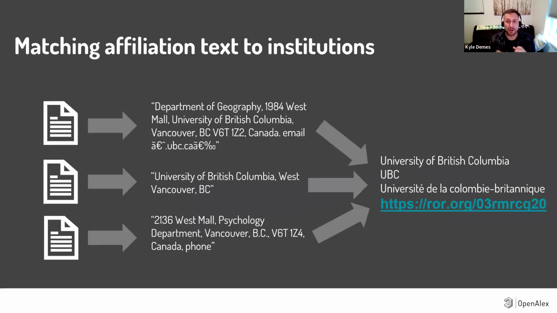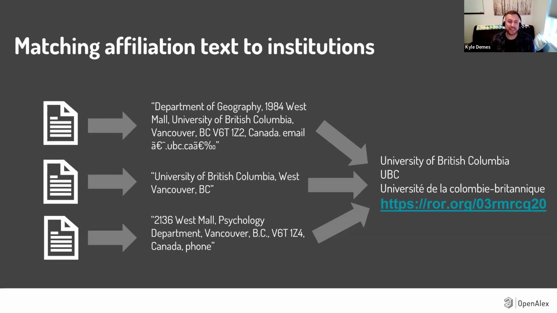But just to give you a sense of what that problem looks like, I know some librarians are intimately familiar with affiliation text data and affiliation strings. But when we go to publications, we get text, and here's 3 examples from works from the University of British Columbia. And we have to figure out that this text represents the university that we're looking at. And some of these have all sorts of additional information like emails and phone numbers. Some of them, like the one in the middle, has University of British Columbia, but the wrong city. So all sorts of things can happen here. And we need to be able to match that to a source of truth. And this is the ROR record for University of British Columbia.